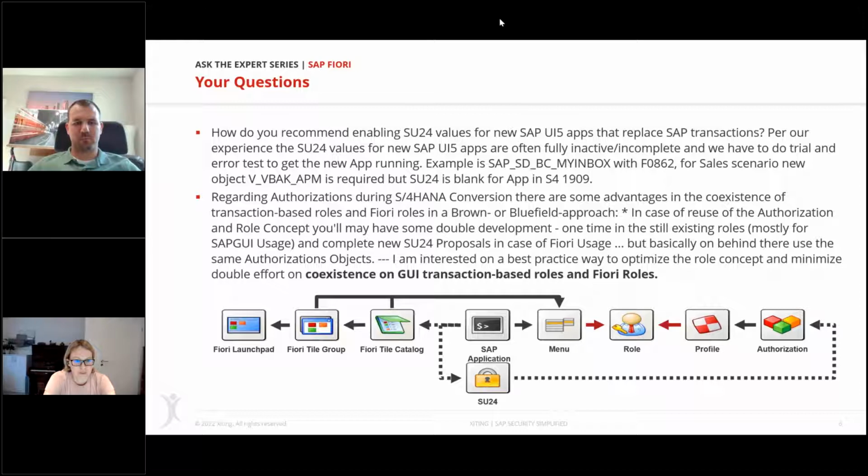The second one is regarding the S/4HANA conversion. In this case, you will have existing PFCG roles and you would like to migrate them. My recommendation is that you analyze your existing roles for the changes that you will get with the migration to S/4HANA. And then you will see that